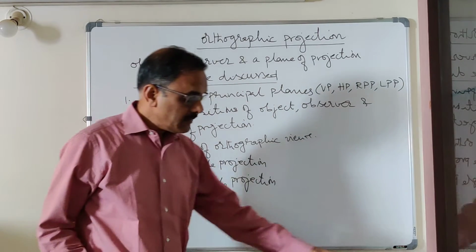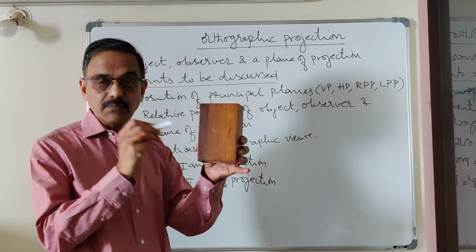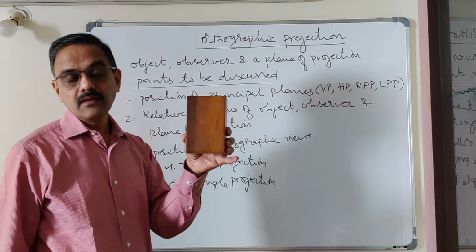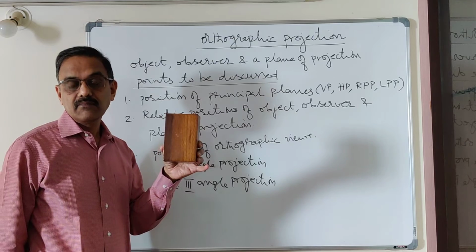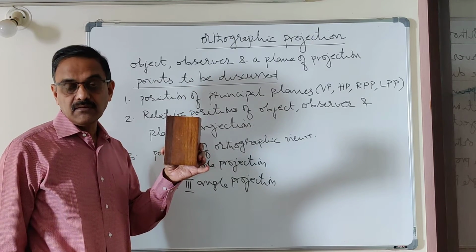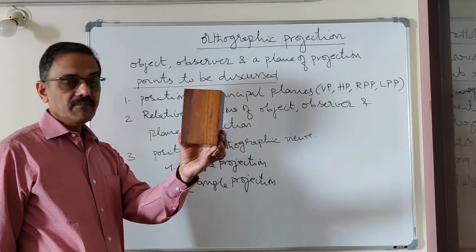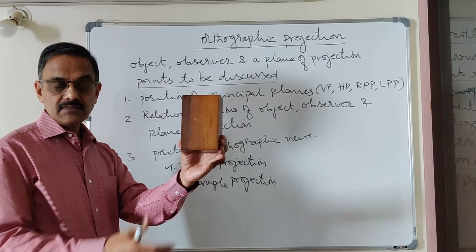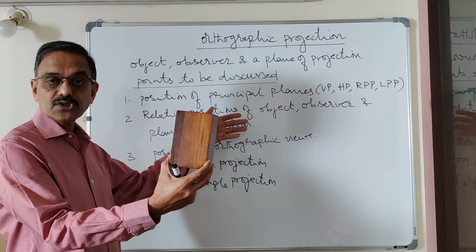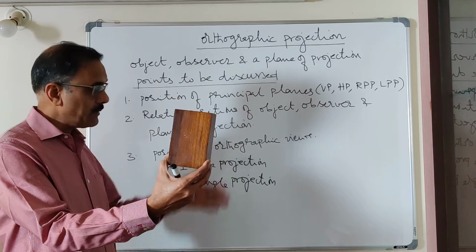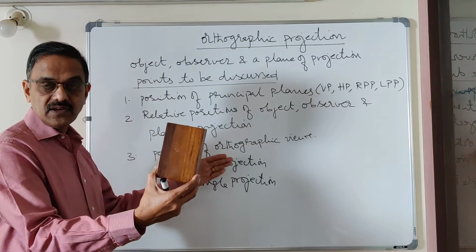How do you keep the relative positions now? In the first case, in first angle projection, the object was coming in between. But it is not the case now. In this case, the plane of projection will come in between. So, if I want to draw the front view, if I keep the object in space like this, and if this is the plane of projection, where should be the position of the observer? The observer should be beyond the wall, because the plane has to come in between.